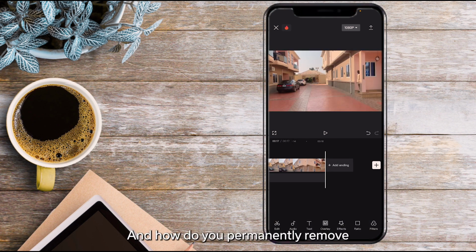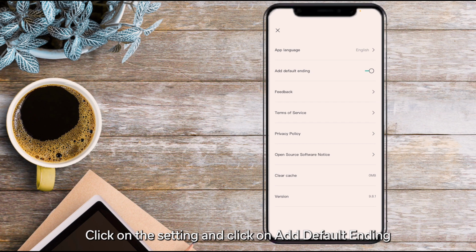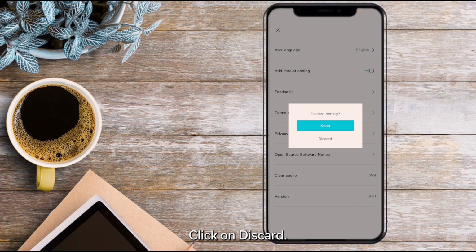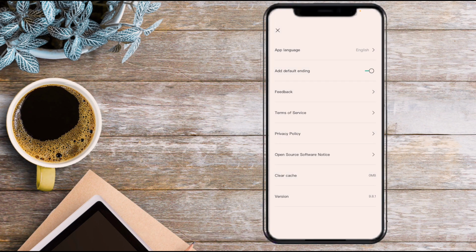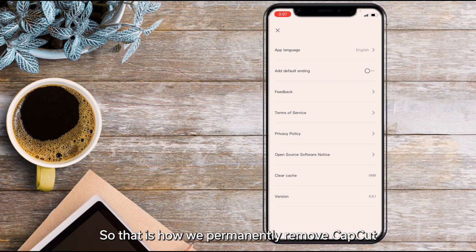And how do you permanently remove the CapCut watermark from your video? So the best way to do that is by clicking on this setting here. Click on the setting and click on add default ending. This button here, you need to turn it off. Click on it and discard ending. Keep or discard. So you discard it and you can see it's off. Click on it again, it's on. Click on it, so click on discard. So that is how we permanently remove CapCut